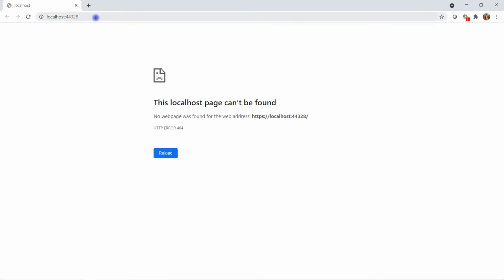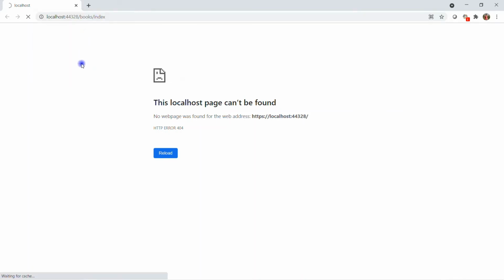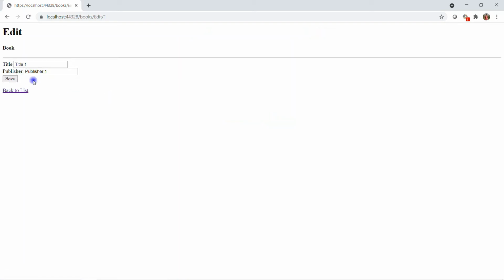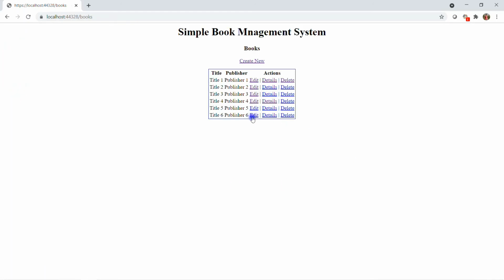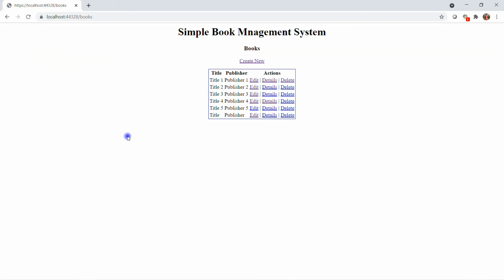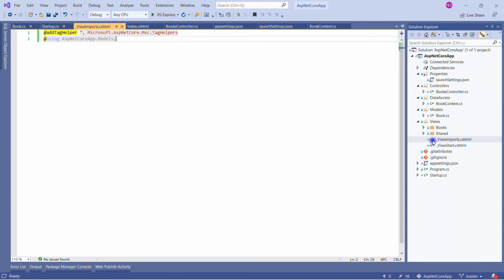So our application is loading. We need to go to the right URL to see the changes. Okay, here we go. Now we can see links are showing properly, and we have solved our problem. If I click on edit, okay, we can change, and we have a back button. Let's see if I remove these changes and just save it, so it is working properly, and we can go back. So let me close this. So now we are able to identify.